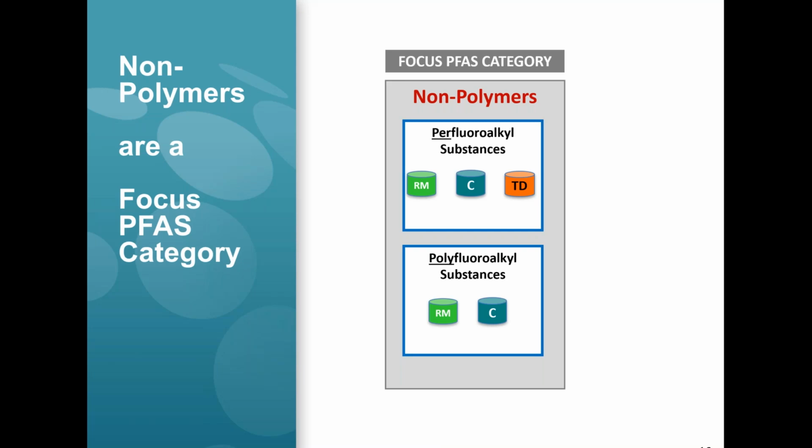This is one that has been called out by regulators. The substances on the EPA 537 list are all in this category. The substances that have been called into focus by the ITRC, and the subject of the fact sheets that they've put together, are all in this category, non-polymers. And they're of interest because they're the small molecules. They're the things that have potential for mobility. They're the things that have the potential for degradation and stuff. And we'll talk about that more when we get further down into our discussion. Next slide.